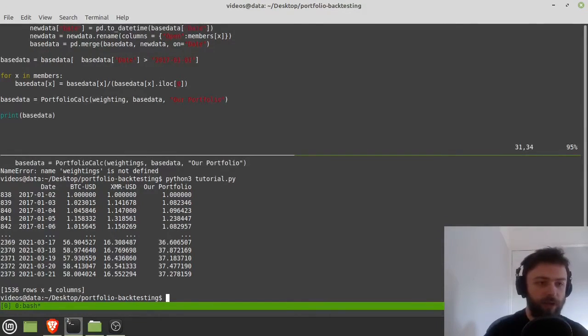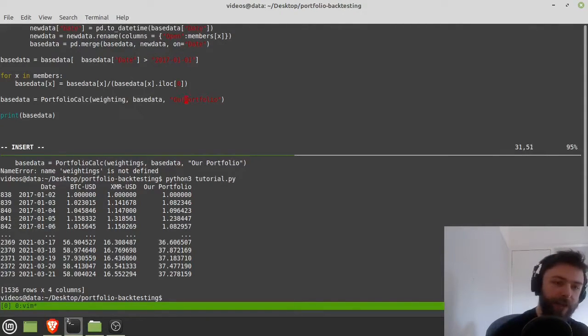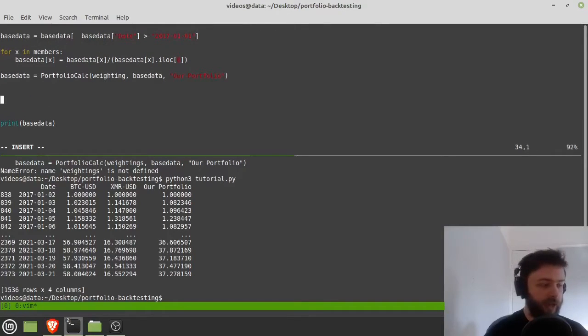Also, I've just realized that really we shouldn't be putting spaces in a pandas data frame name, so let's just change that to a dash. All right. So now we want to plot our portfolio. This is going to be fairly easy. You just do